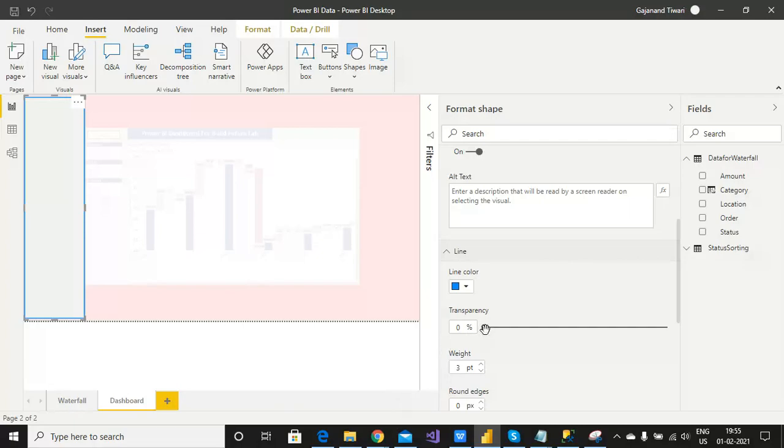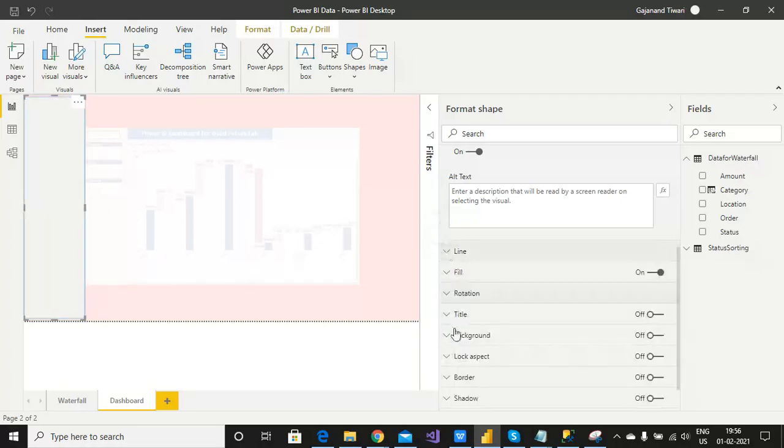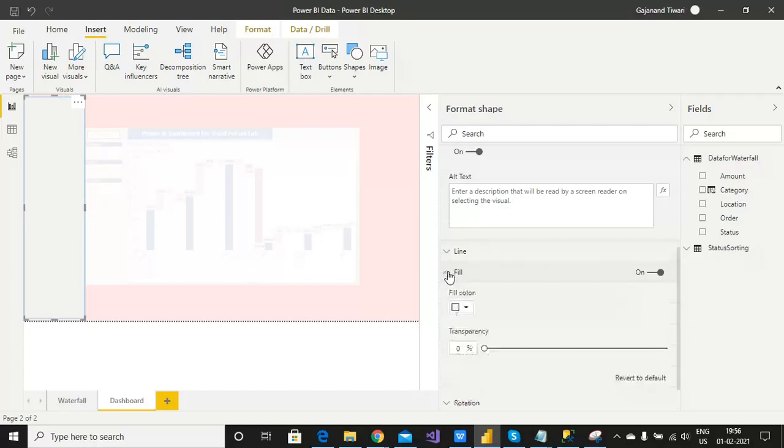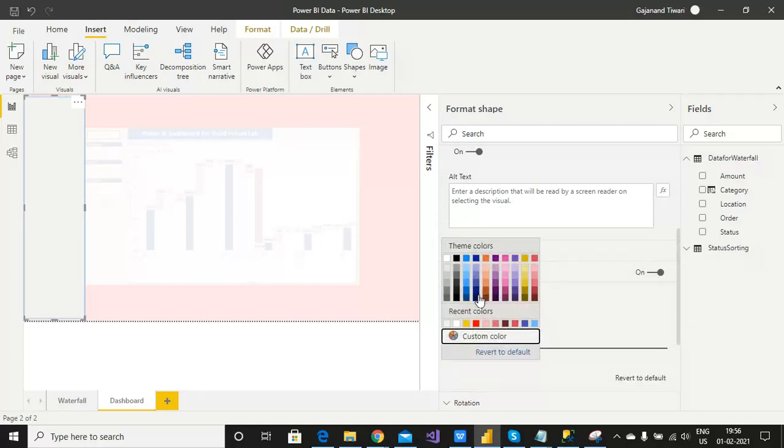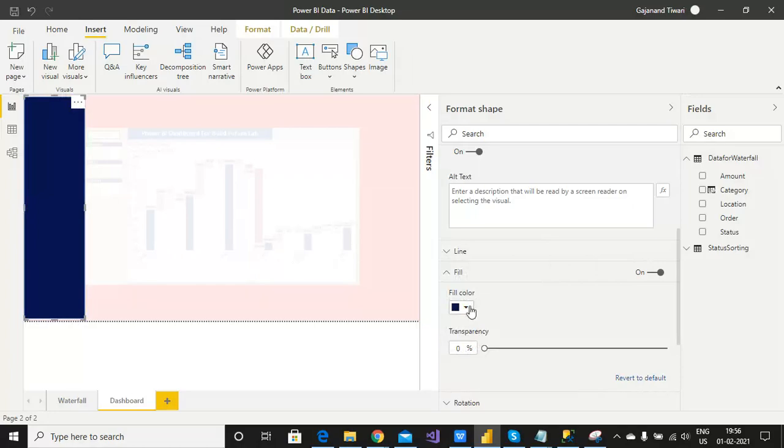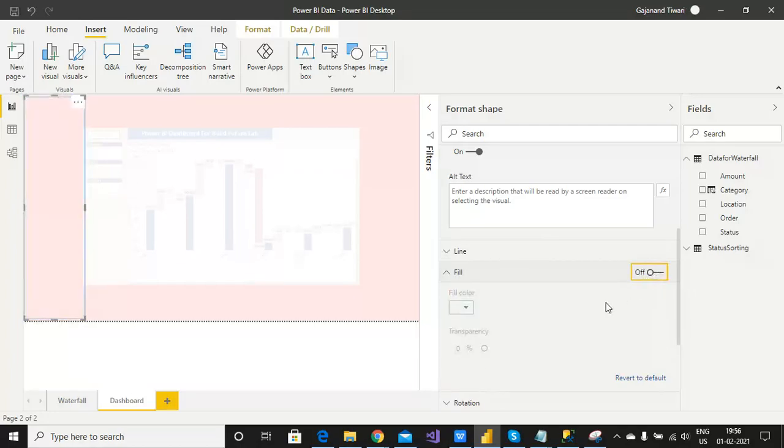This line, you want to control its transparency. You want it to be 18%, with the weight height at 1% or 2%, and you can also make it darker. You can do it this way if you want, but I want only one. So let's give it one because it will display but not all. After that, fill: if you wanted to fill it, give the color. But if you don't want to fill it, then close it. I don't want to give any fill colors.